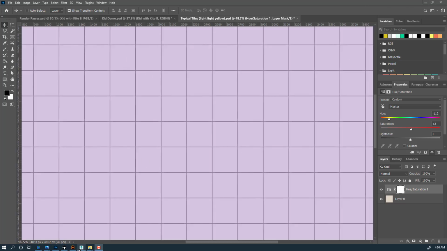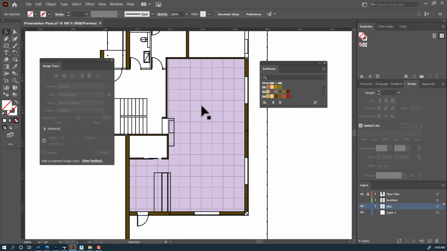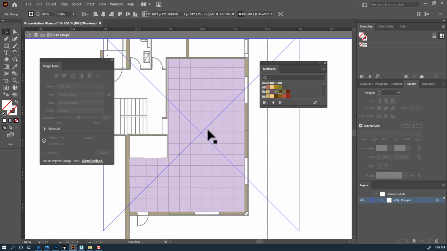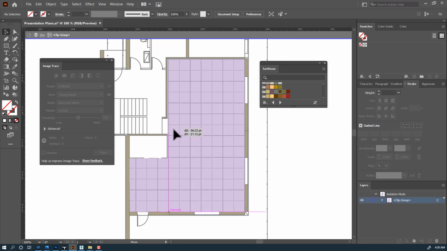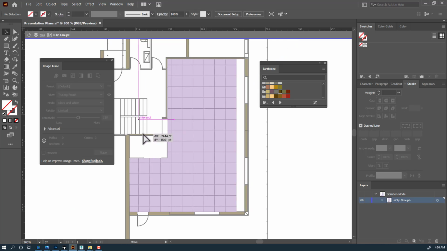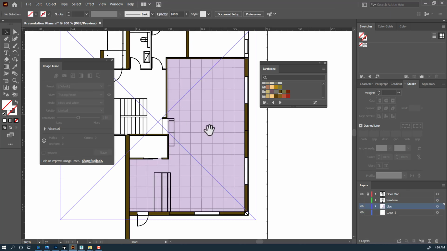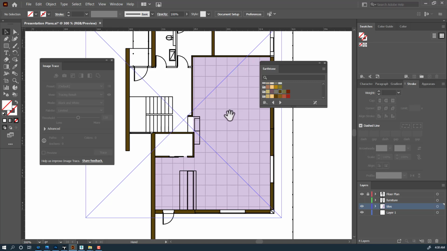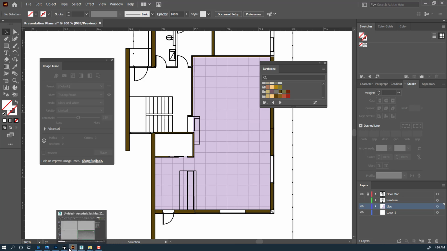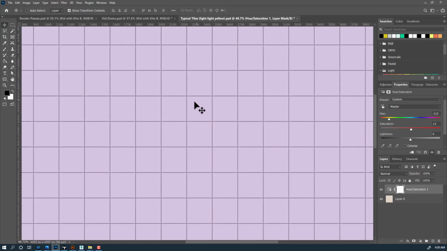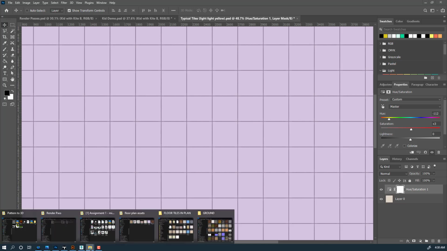So for example, any kind of particular effects that I needed to have happen in Illustrator, since I'm dealing with a floor plan, maybe I would prefer to stick in Illustrator and then do all my editing work in Photoshop. So for example, if I wanted to like have some of my